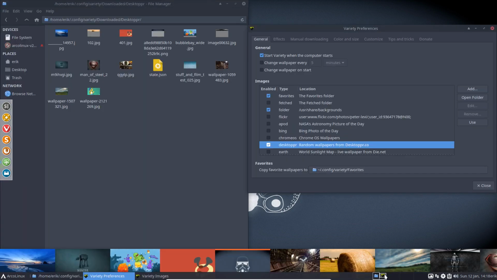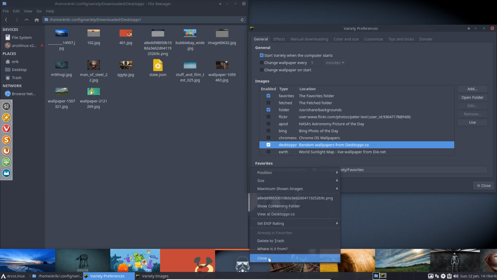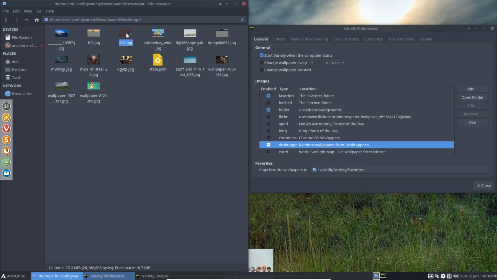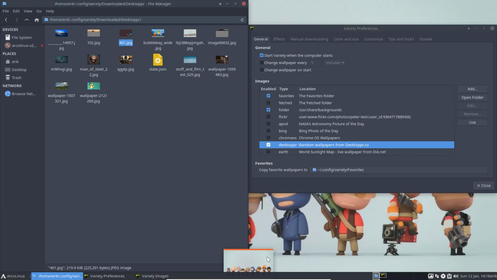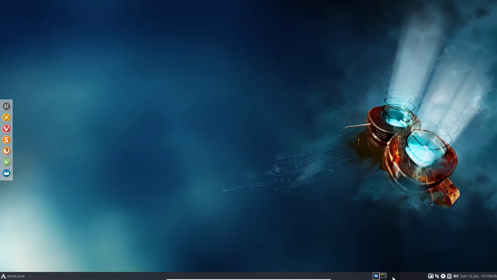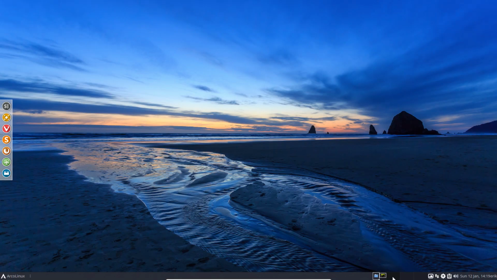So this one is on there. And if I made a mistake and say, no, this is not what I want, you go back and you say, delete to trash. This was actually not a nice wallpaper at all. So all these things will keep on gathering. And for me, it's a personal thing. When I'm building stuff, when I'm working on stuff, you always have to wait. And what I do is Alt-N, and I'll say, okay, this one, Alt-N, Alt-N, and I go through all the